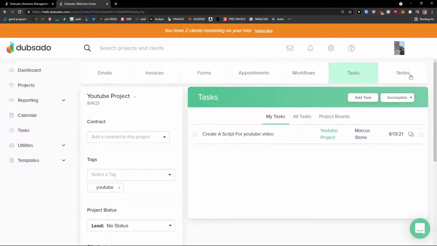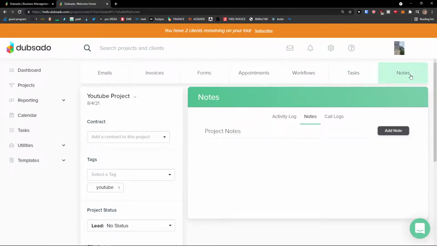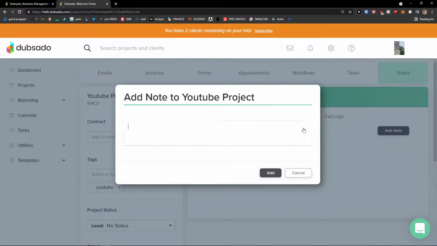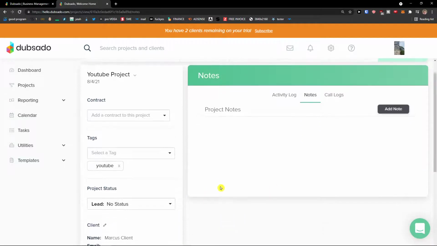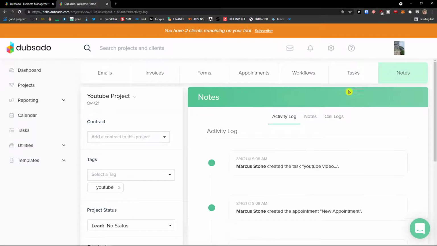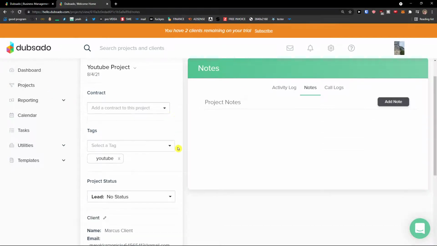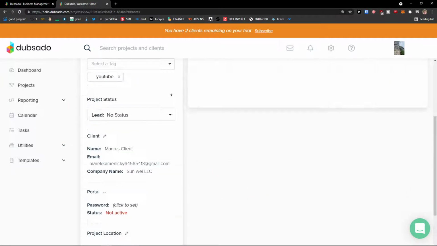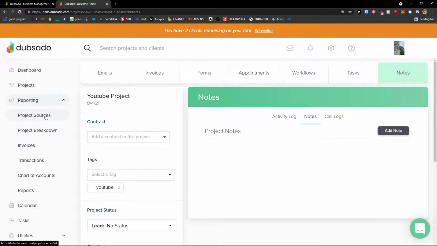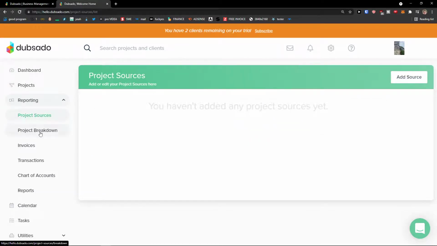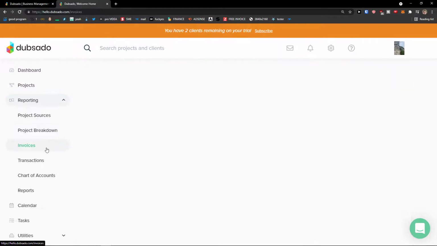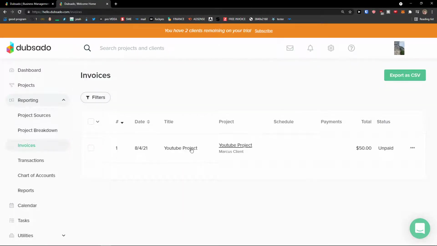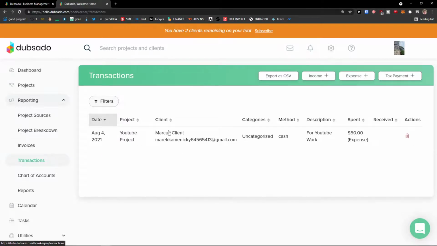And then next to tasks, we have notes. And I can add a note here if I want. So that's something you can do, and that's how it works. Now, what you can do also is when you have everything here, we have our own projects and everything. We can click under reporting. And then we're going to see the project sources here, project breakdown, invoices, and we see the one invoice here, transactions,